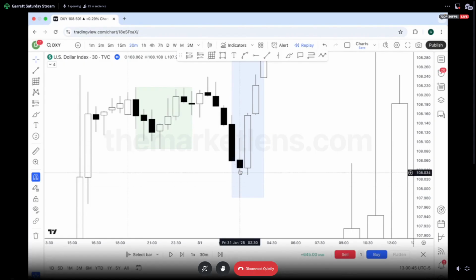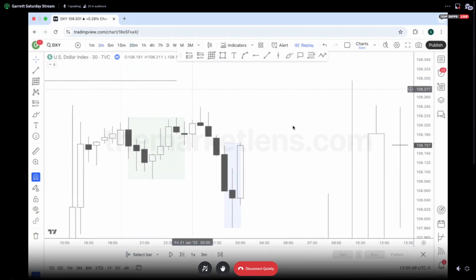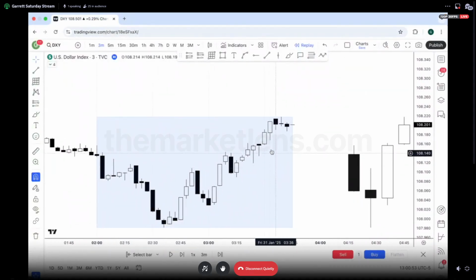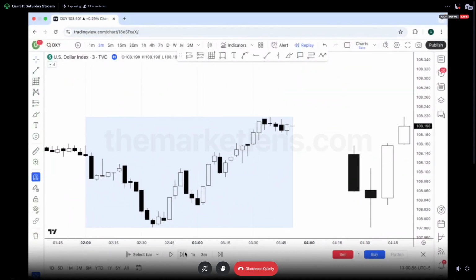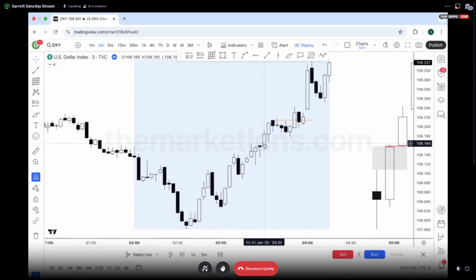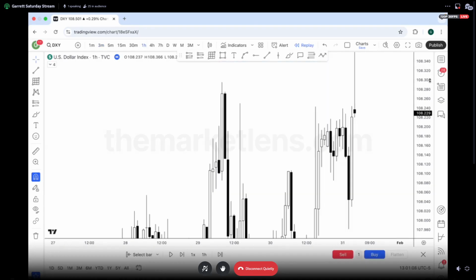We don't have that reversal candle, but you could trade this, right? You have a swing point. I don't think it gives you an entry though. Technically, there's no entry there. Maybe right here, maybe right there. But ideally, you want to enter around the opening price of here. But yeah,